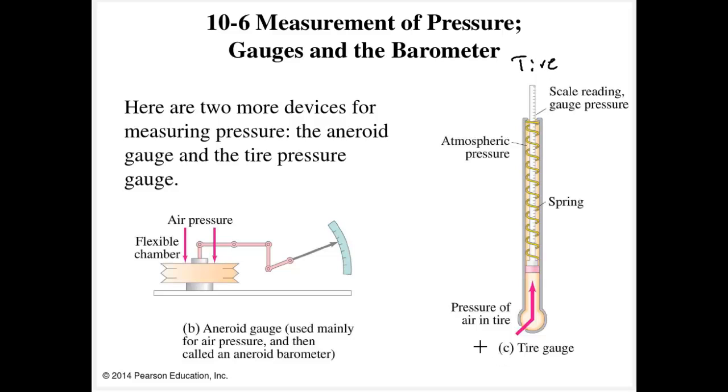In this case, we're going to have some input pressure, and it's going to simply compress a spring that's attached to a rod. Now we know that the force of a spring is going to be K multiplied by how far it is compressed. And if we know the area right here, then we can work a relationship knowing the spring constant of how far this gauge is compressed is going to be related to how much pressure, and we can just simply read that off there,